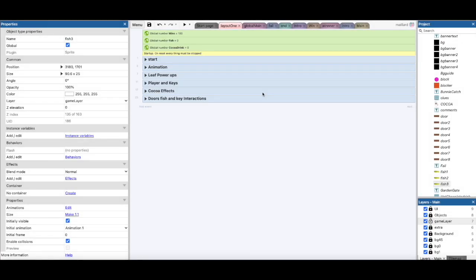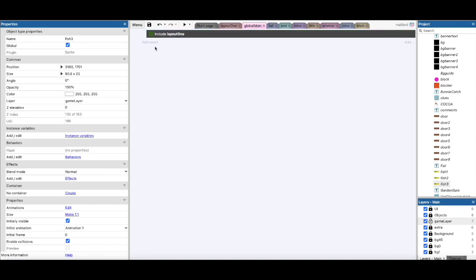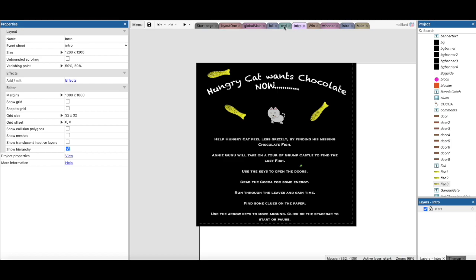So I just want to take you through a few bits and pieces here. I've got this global main to show you that that's how you can just include another layout. So you can have all your layouts running off one sheet if you want, and you can do that just by right-clicking and then doing include event sheet. And this will then link all your event sheets together, so you can have a whole bunch of layouts on one event sheet if you really want, which can be really handy, which would make this redundant,